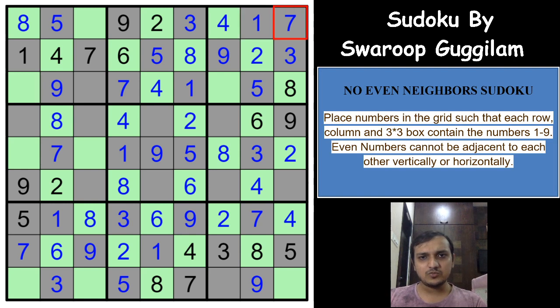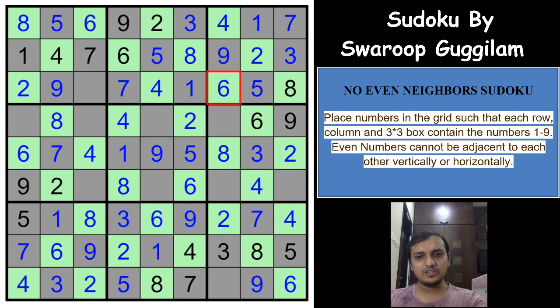The only remaining are 2, 4, 6, 6, which gives you a 2 here, 6 here, a 4 here, and a 4 here, and a 2 here, which gives you a 6 here and a 6 here. We have placed all the even digits very easily, and the remaining are the odd digits, right? So the only odd digit here is 3, which will go here in this box, and 1 and 5 in any order, not sure, and 3 and 7 remaining.